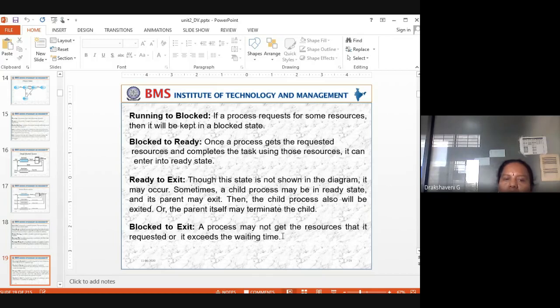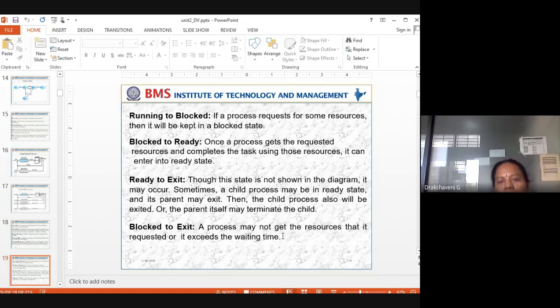Ready to exit, though this is not shown in the diagram, it may occur. Sometimes a child process may be in a ready state and its parent may exit, then the child process will also exit, or the parent itself may terminate the child, or blocked to exit.